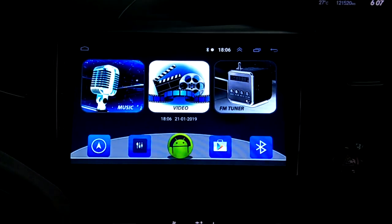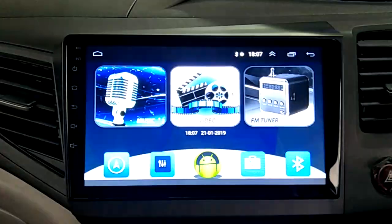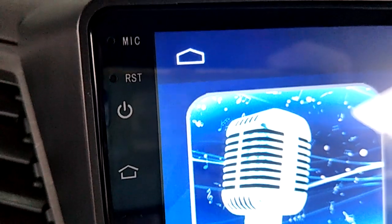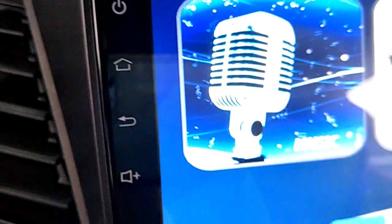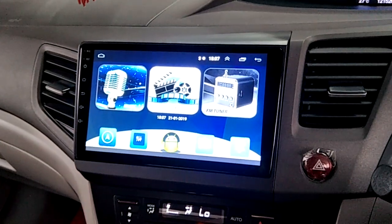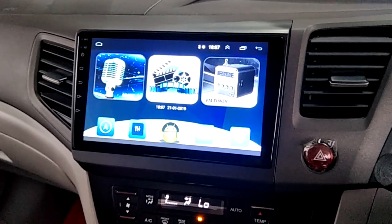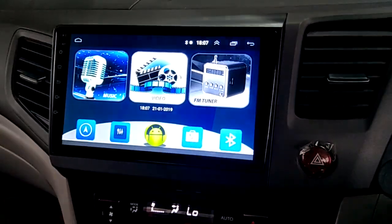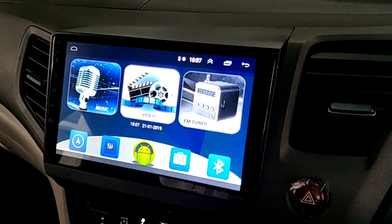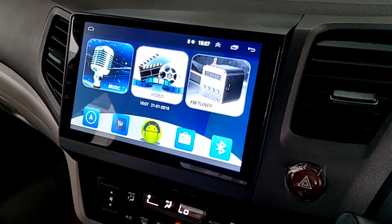So Cogoo S Series, 1 gig RAM with 16 gig storage, 2.5D HD glass screen. Okay, model code CG-AD009S-D, 1 gig RAM, 9-inch Android GPS big screen for Honda Civic 2012 to 2014,